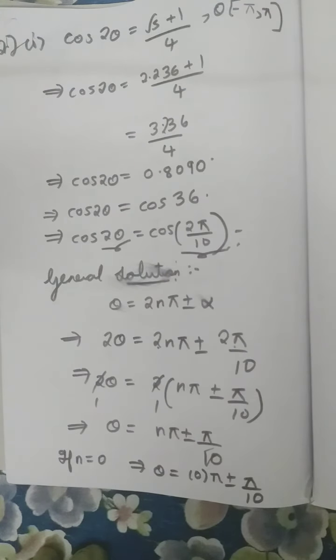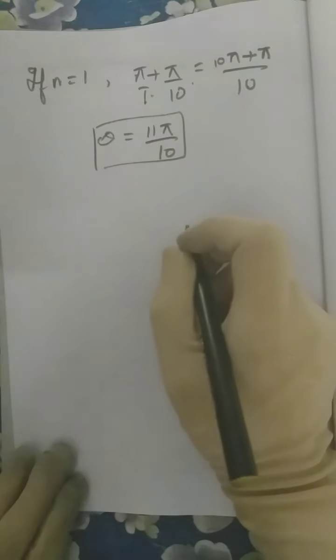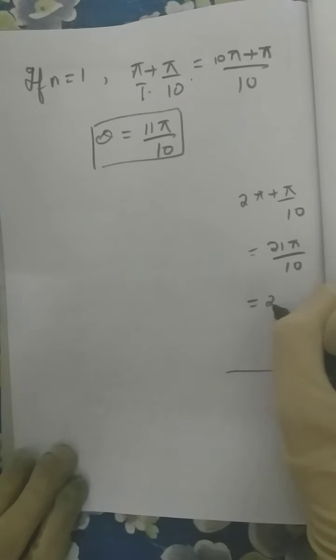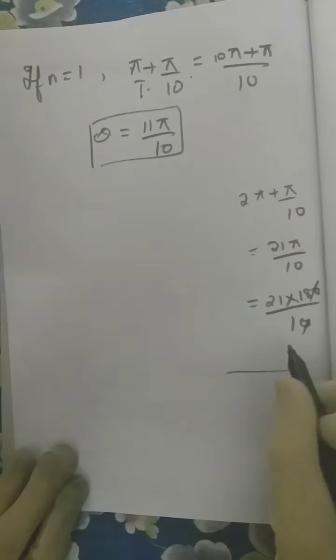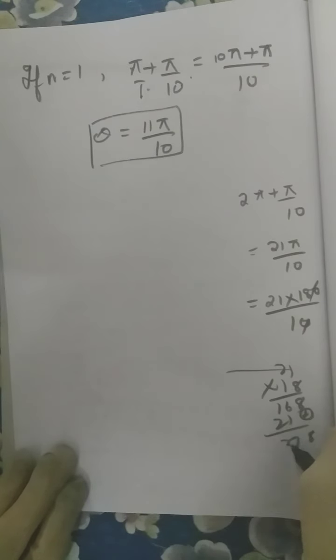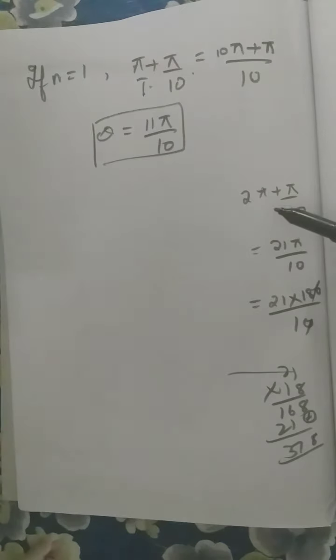See, I'll show you. And here what am I doing? I'm taking n equals 0. We know integers means 0 also will come, right? See here, for example, if I would have got n equals 2, then I will be getting 2 pi plus pi by 10. If I consider 2 pi plus pi by 10 and solve this, I'll get 21 pi by 10. What is the value of pi I have? 180. So 180 by 10, the zeros will get cancelled. 21 into 18, if you do, 1 eight is 8, 8 twos are 16, 1 one is 1, 1 two is 2. I get 378 degrees, and 378 degrees is more than 360 degrees. So I cannot take n pi plus pi by 10 for n equals 2. Okay.